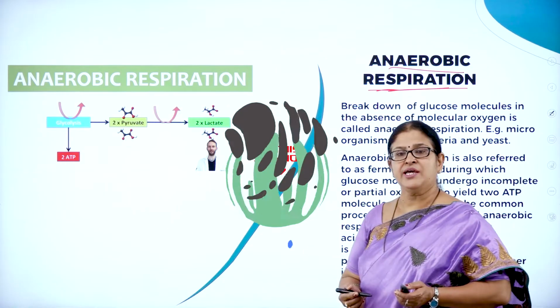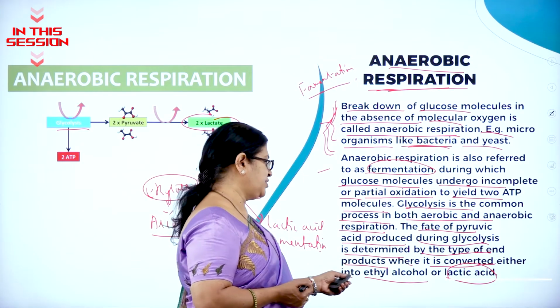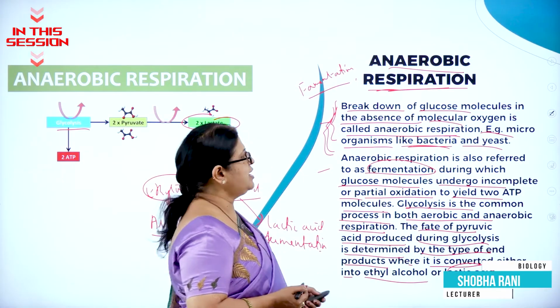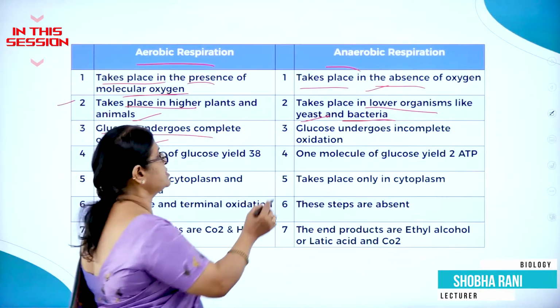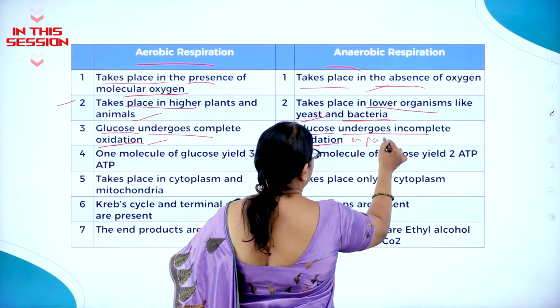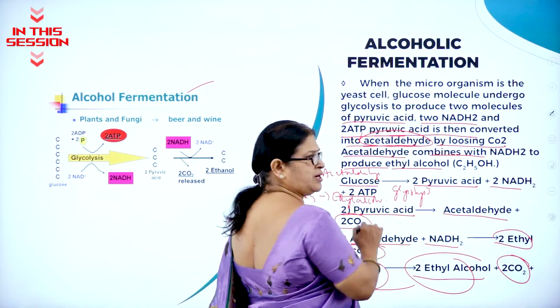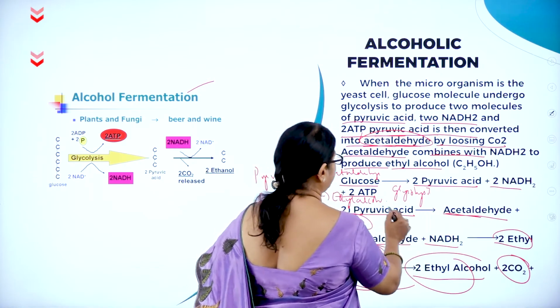Anaerobic respiration is a type of respiration which takes place in absence of oxygen. Based on the type of end products, pyruvic acid is converted either into ethyl alcohol or lactic acid. Glucose undergoes incomplete or partial oxidation. This pyruvic acid is then converted into acetaldehyde. Here you can see it is converted into